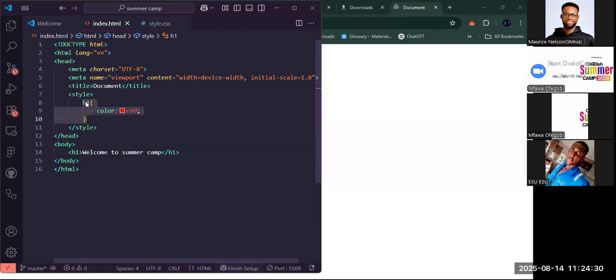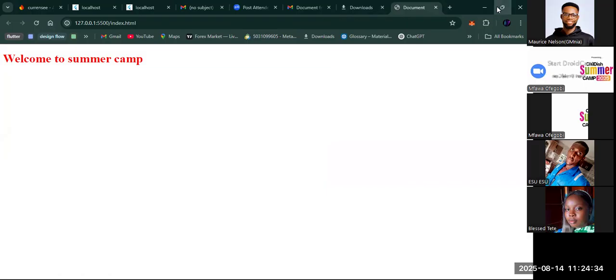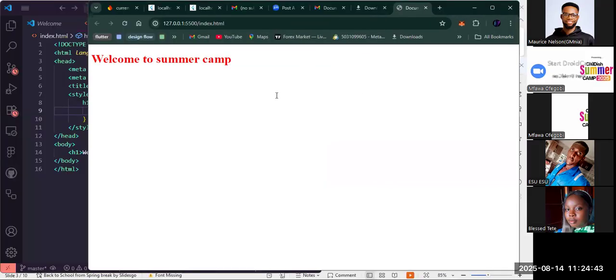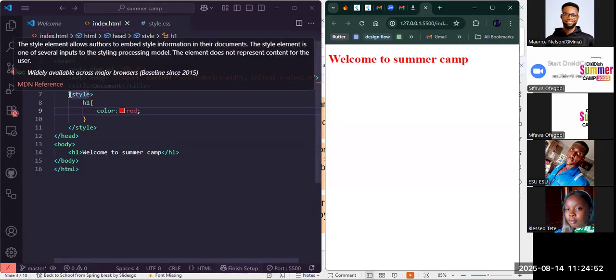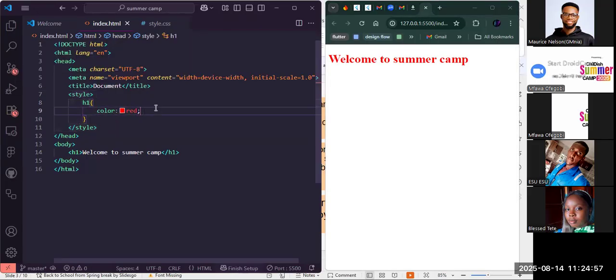I think our document has opened. As you can see, this is our text, welcome to summer camp, and we have used the internal styling of CSS to change the color to red. So if I want to change the value of the color property for the H1 element,